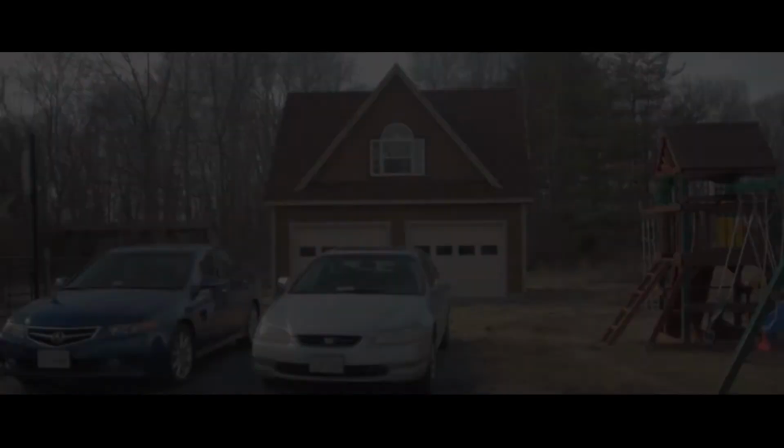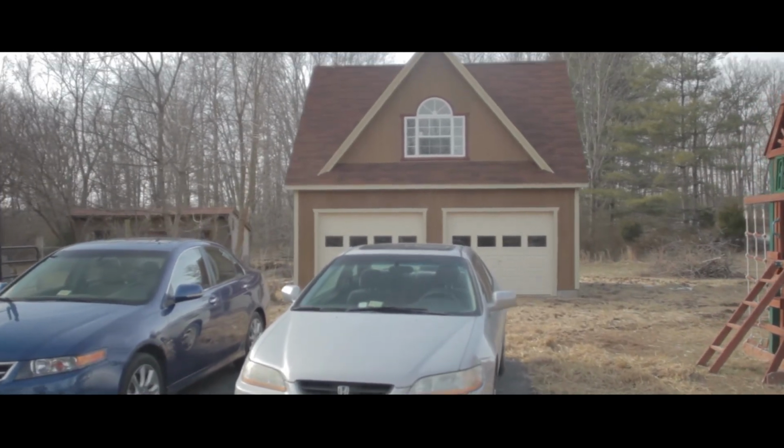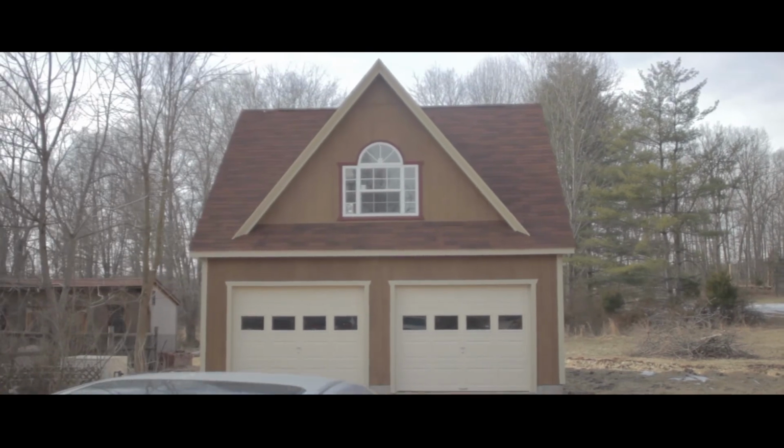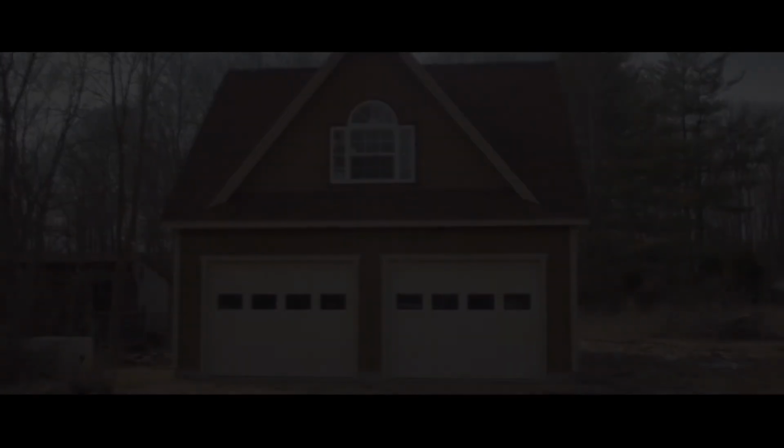So we were trying to do that, plus we were trying to open up our existing garage because it's just full of furniture from school, etc. So we've been looking, and one day my wife went by the Capital Sheds on 29 going towards Warrenton, and there on the front of the lot was this garage concept, and she pulled in, and next thing, I came up that weekend and we took another look at it, and it's just exactly what